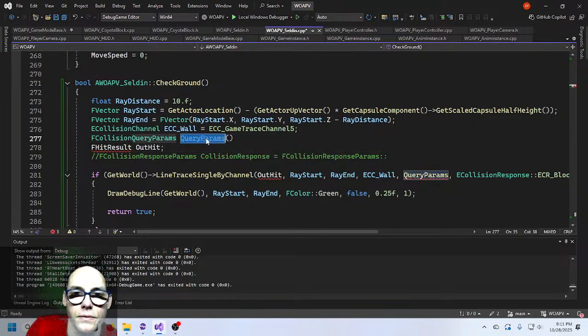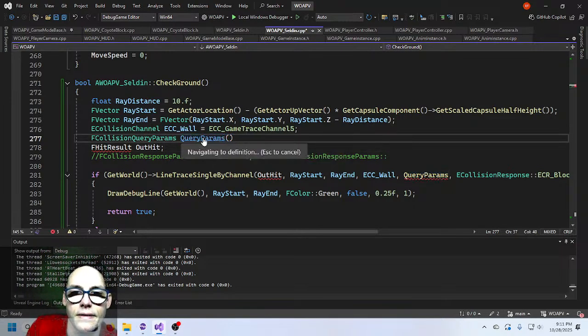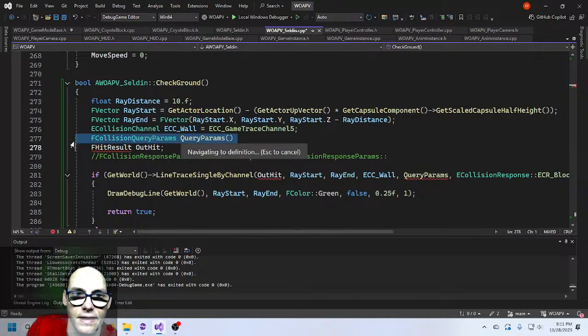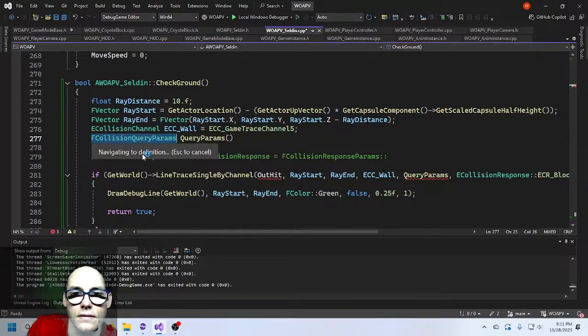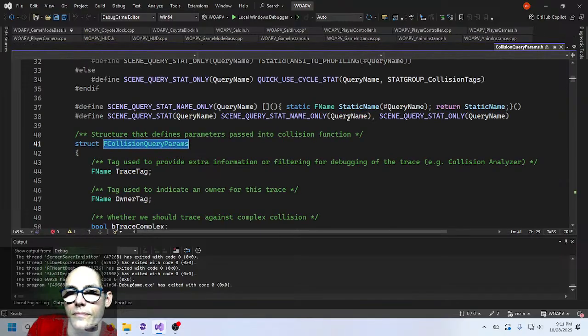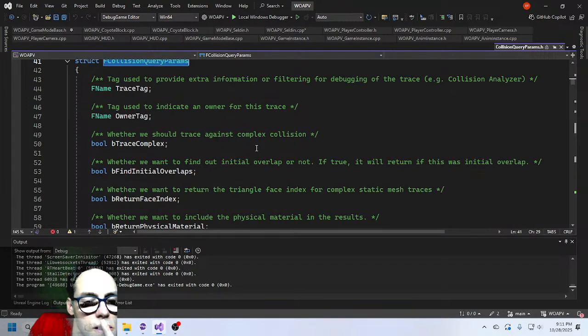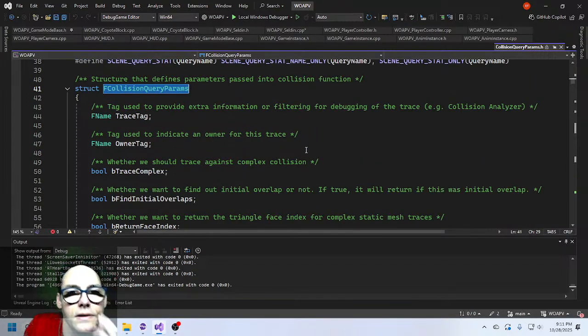Let's go to, I guess I can't go farther in. Let's go into this guy. Really? There we go. Alright, so under the collision parameters,